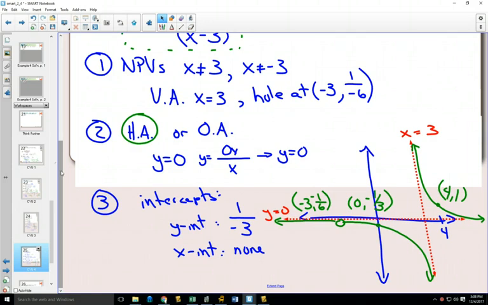There has not been one on the exam yet with an oblique asymptote. It's not to say they're not going to put the first one on there this year, but so far it's been holes and vertical asymptotes and horizontal asymptotes, not oblique asymptotes. So as far as the examples we've done, examples 1, 2, and 4 are more common on the exam than